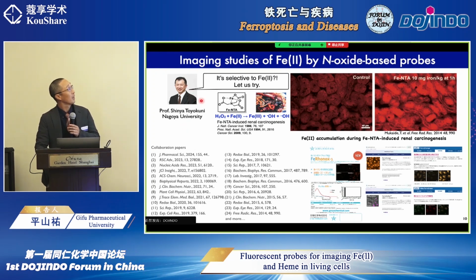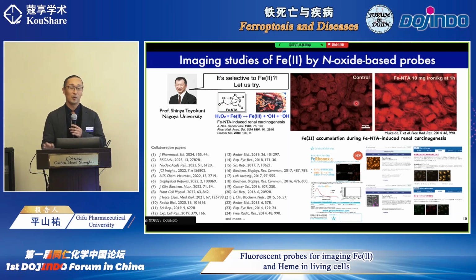But anyway, he was the first person showing interest in our fluorescent probe because his research interest is about the iron-induced carcinogenesis. And his hypothesis is that Fenton reaction active Fe2+ must be accumulated in the carcinogenesis site. So he wanted to discriminate Fe2+ from